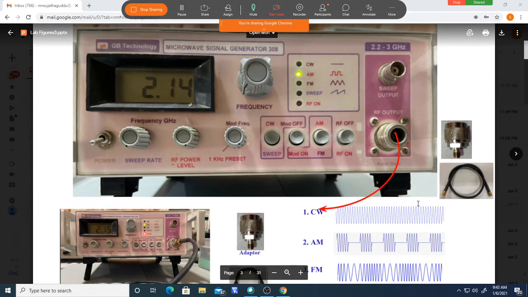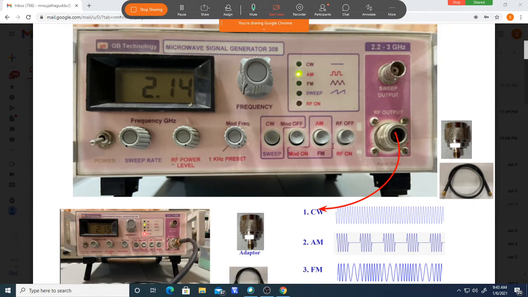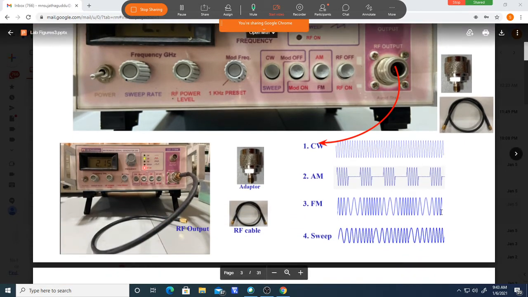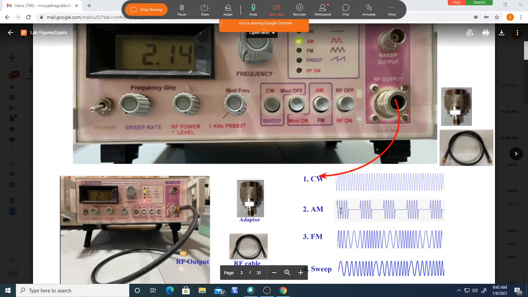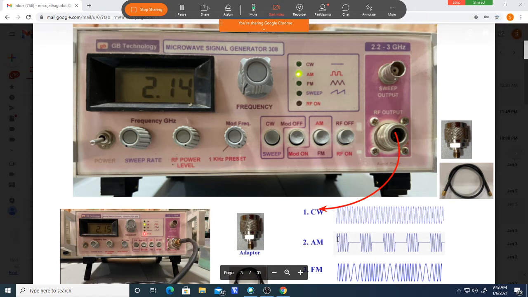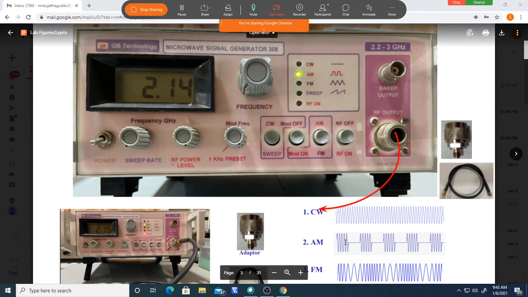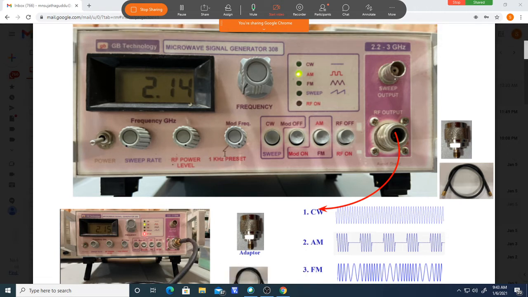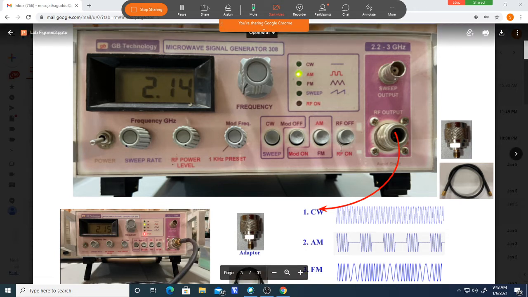So these are for selecting what kind of waveform we need, either this or this. And the modulating signal, if you choose this one, its frequency you can select from here. But the carrier is based on this. You can change the carrier frequency, 2 to 3 gigahertz. Vary the one here, this will change 2 to 3 gigahertz. But the modulating frequency, the square wave frequency, remains at 1 kilohertz. So that is about this. So you got these four. But one more button is there.